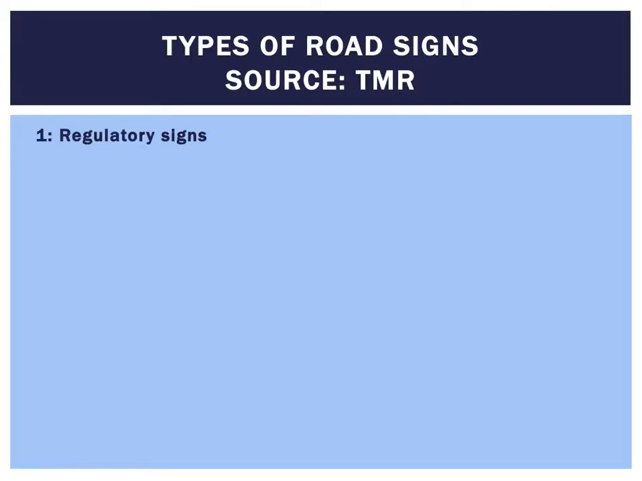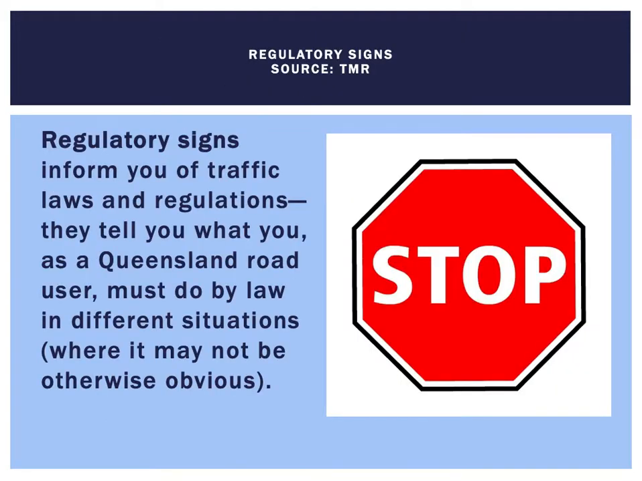Types of road signs. There are 4 different types of road signs: regulatory signs, warning signs, guide signs, and information signs. Regulatory signs inform you of traffic laws and regulations. They tell you what you, as a Queensland road user, must do by law in different situations where it may